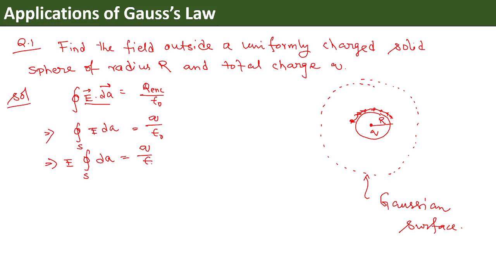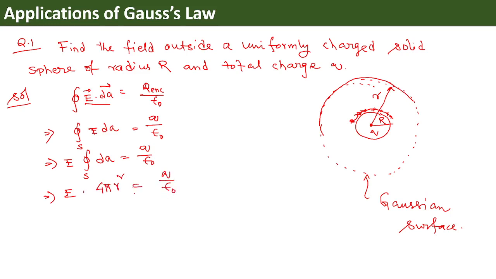And of course, you can find this integral because this is a sphere, but you are considering the Gaussian surface at a distance small r from the origin of the sphere. So that is why you are evaluating the integral considering this surface of concern. That is the reason why it will be 4 pi small r square, not capital R square,